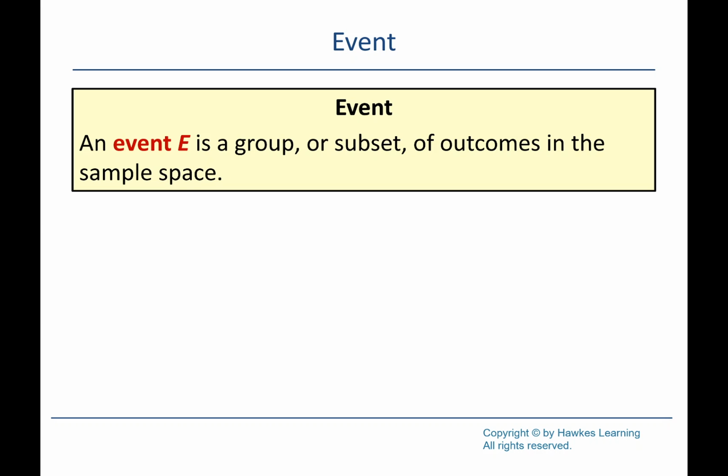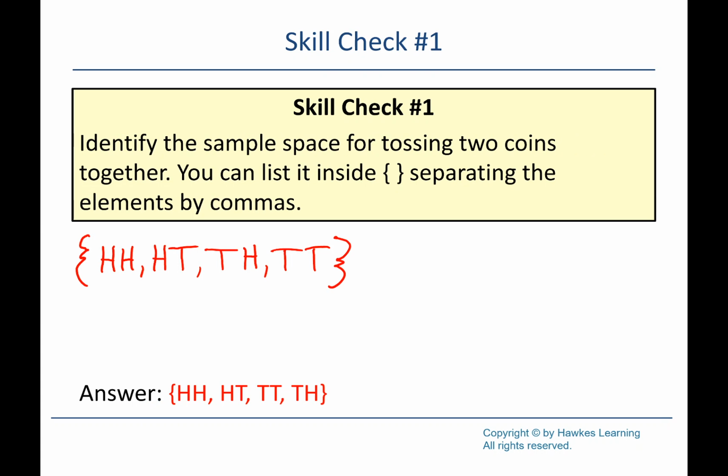An event is when we're thinking about a group of possible outcomes. Outcomes are each individual thing that can happen, and events are when we're grouping some of those together. So we're taking like a subset. Maybe with our coin flip, let me go back just a second. Here we've got our sample space. So maybe an event we could say is the outcomes where we have at least one head. So that would be these 3 outcomes. Then our event would have those 3 outcomes in it.